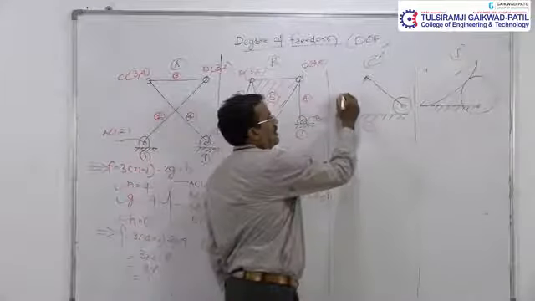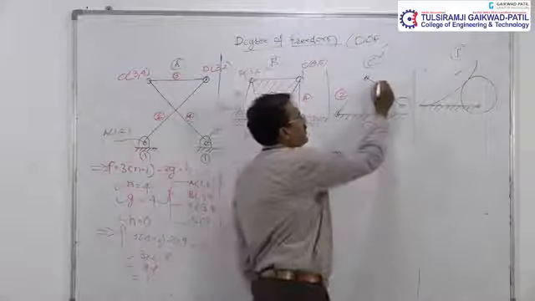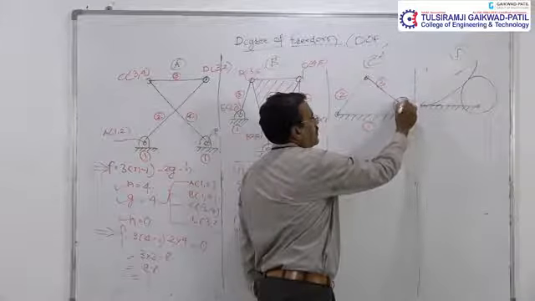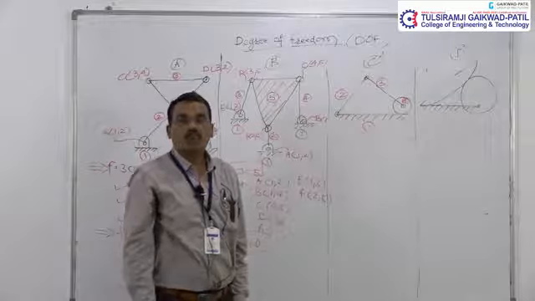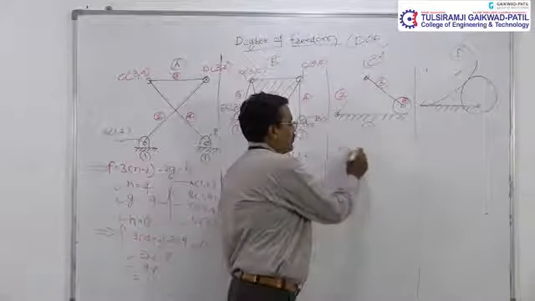This is link number 2. This is again link number 3, and this is again link number 4. Now this particular numerical consists of 4 links. So the value of n becomes 4.